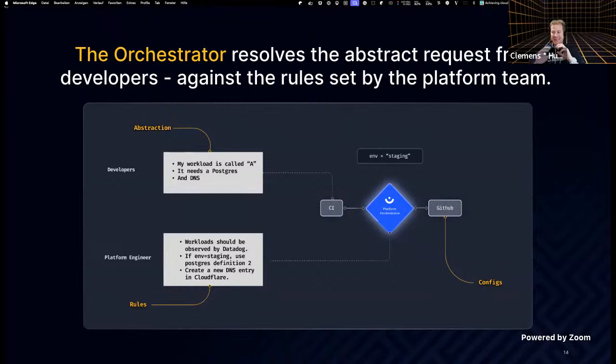And by doing it like this, it not only helps the developer to have these abstract asks, and by that go to a self-service way of living, but also to ignore the environment context. Because if I can ask for a Postgres, I can get it in every environment. I do not need to care if I deploy to development or to production. I will get the right Postgres.